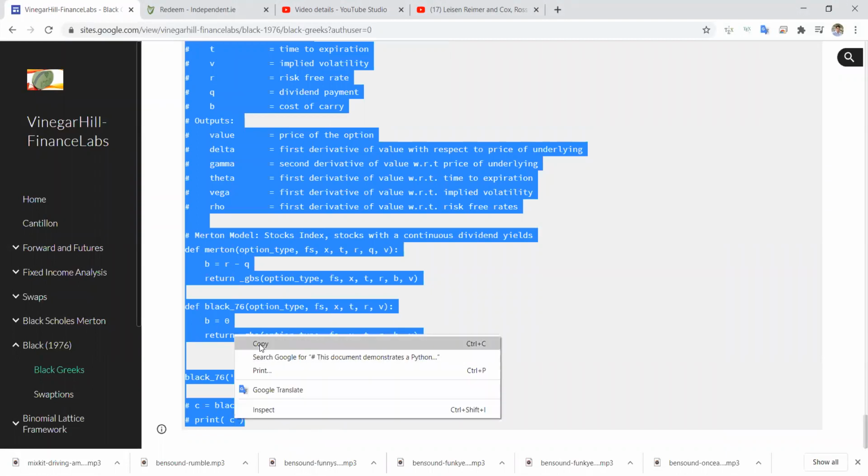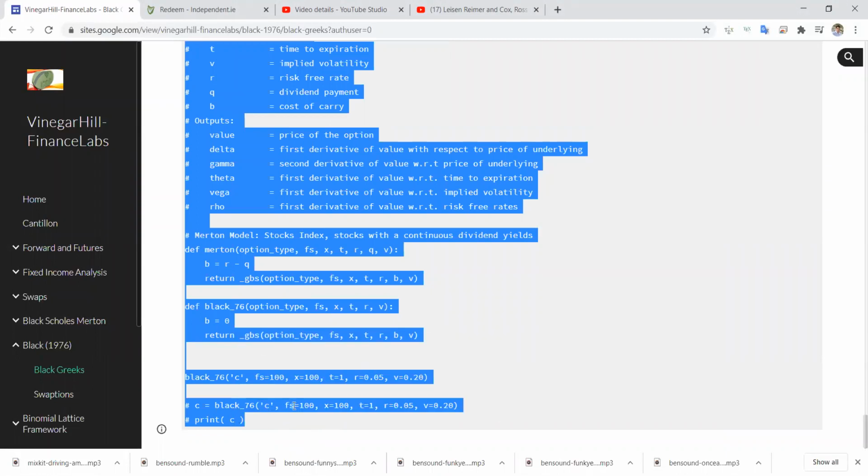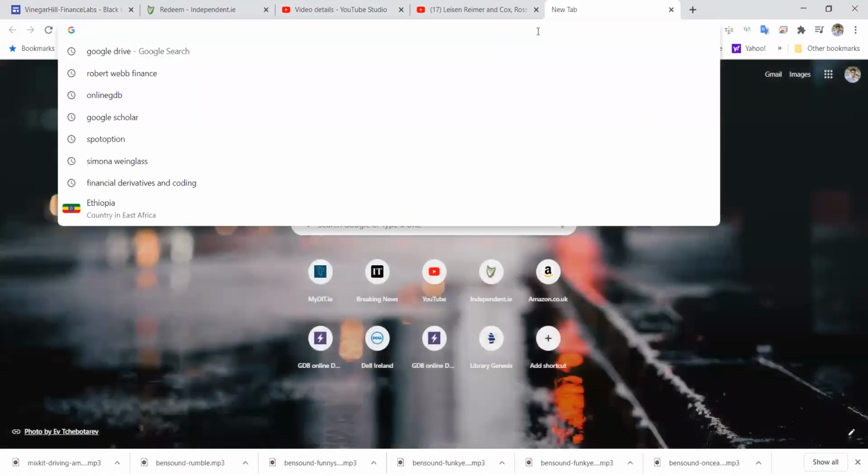So we'll copy. Note here that the parameters are simplified. For the Black 1976, we're going to start with parameters of 100 for the futures price, 100 for the exercise, T equal to 1 year, so maturity equal to 1 year, risk-free rate 5%, and the volatility is 20. And we'll go into an online